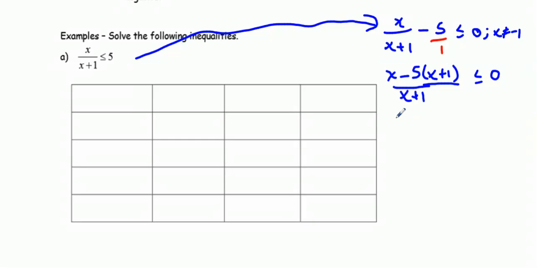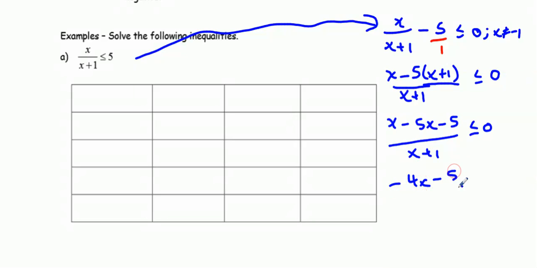Let's get back to simplifying this. So this is going to be x minus 5x minus 5 over x plus 1 is less than or equal to 0. So x minus 5x is minus 4x minus 5 over x plus 1 is less than or equal to 0. I want to just go back, because it happens to me so much in this course that